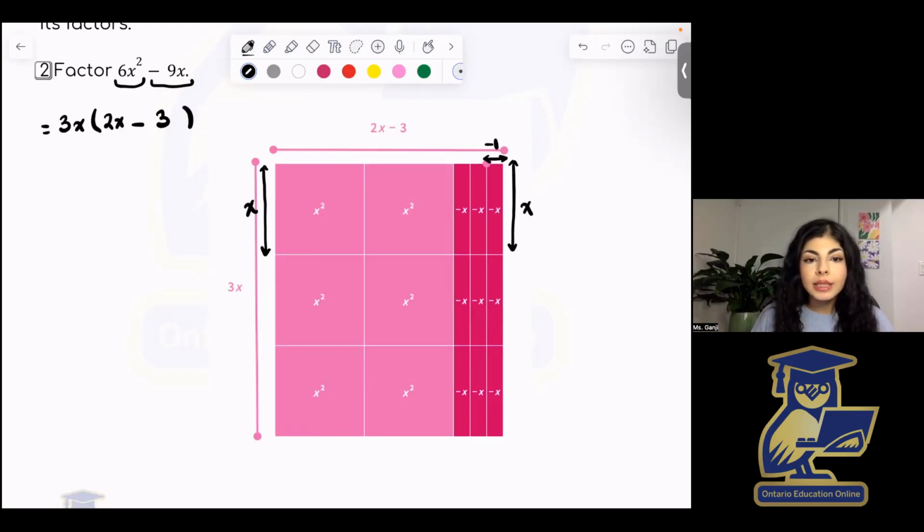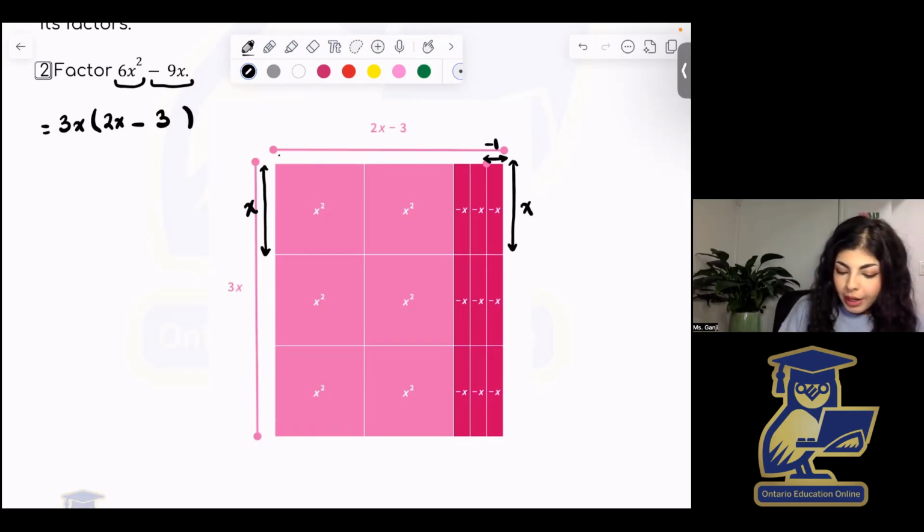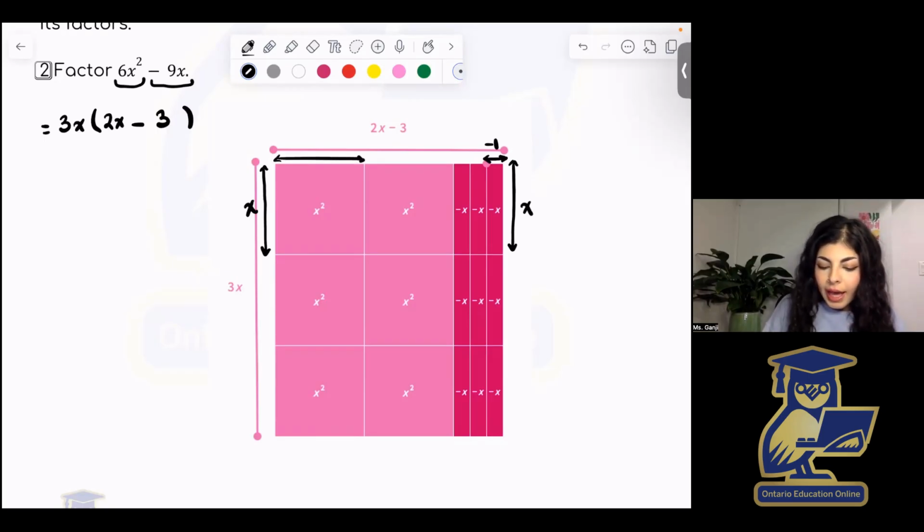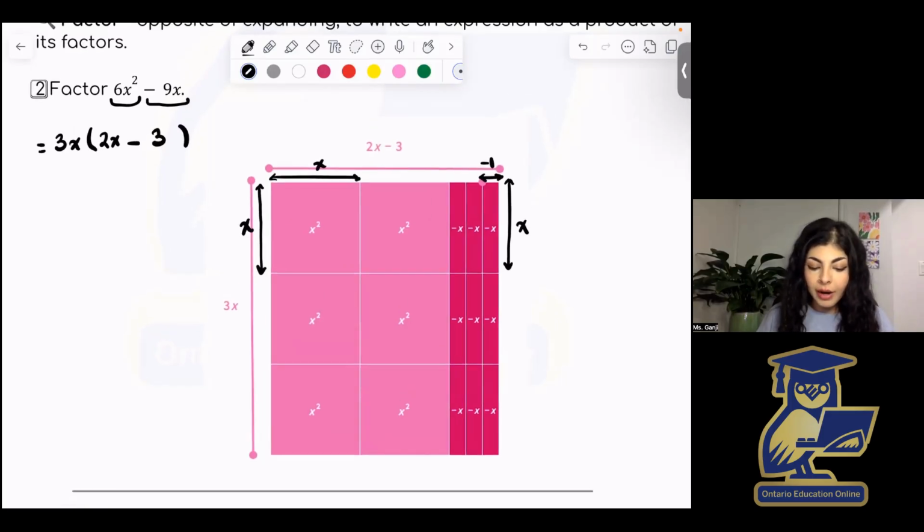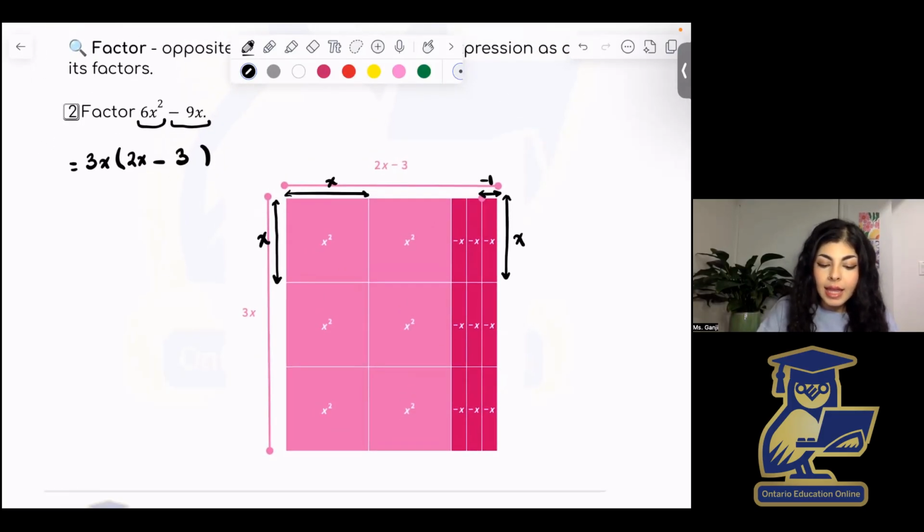And if you look inside each of these tiles, the expression that's inside the tile is the area of that specific shape. So a square that is x by x has an area of x squared. And so if you add up all of these to get the total area, you should see that this is equal to